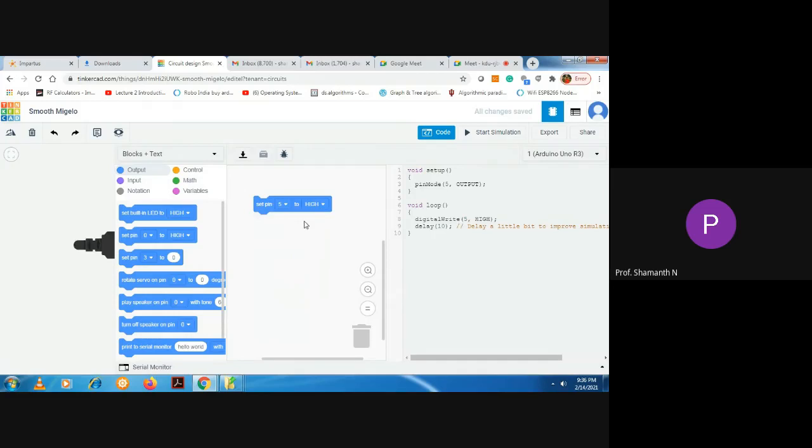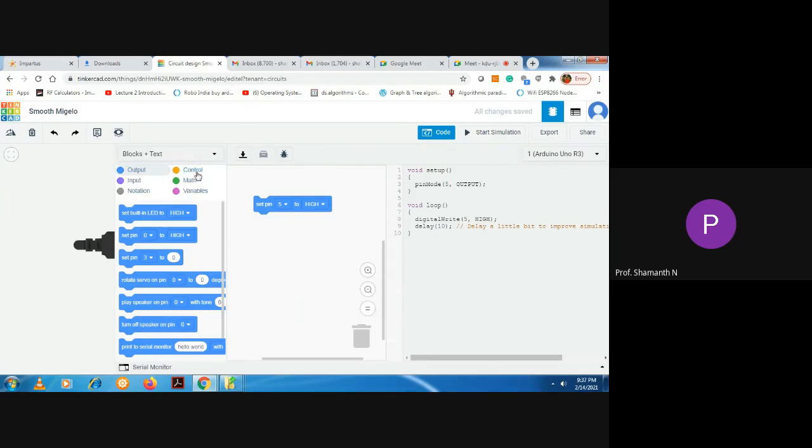In this set pin block, by default it will be at pin 0. So select pin number 5, and by default it will be set to high itself. Then come to this blocks plus text window, where you can see multiple options. Currently we are at output. Then there are many options such as control, input, math, notation, variables.